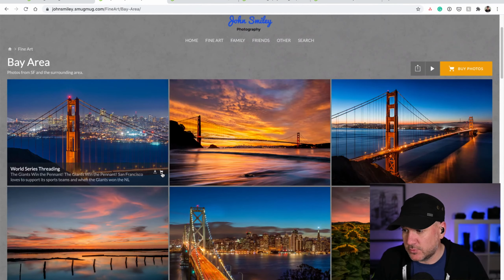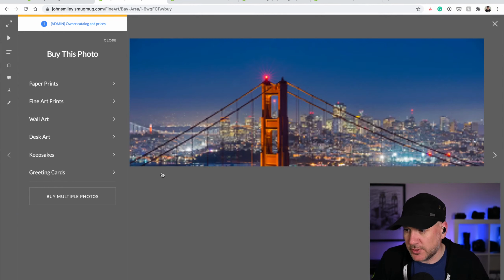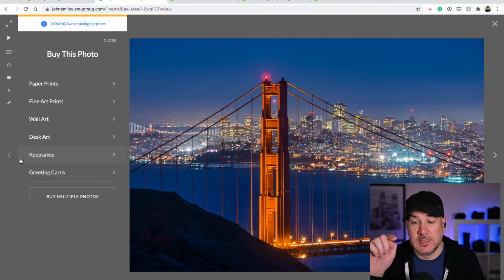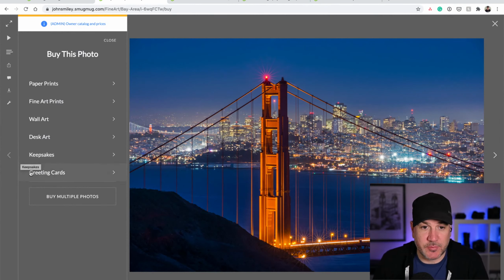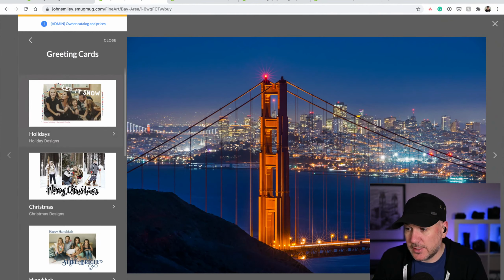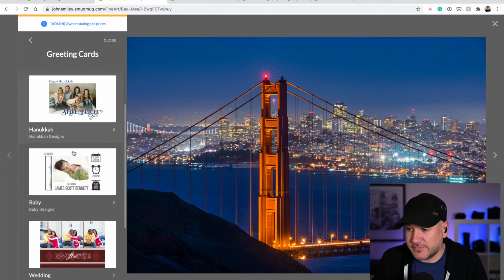So I want to buy this photo and I want to put it on a greetings card. Now, because I've checked that little box in the price list, you can see that greetings cards are now available to your clients when they come to buy this image. So let's click on here, and when you click on here, you get a selection of different kinds of cards